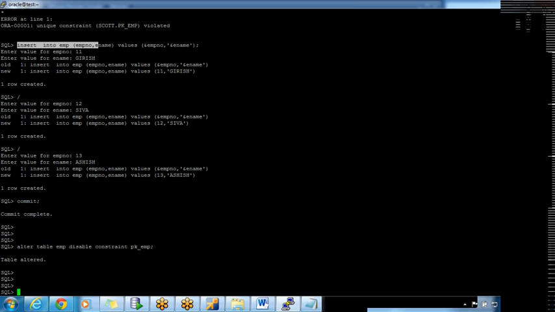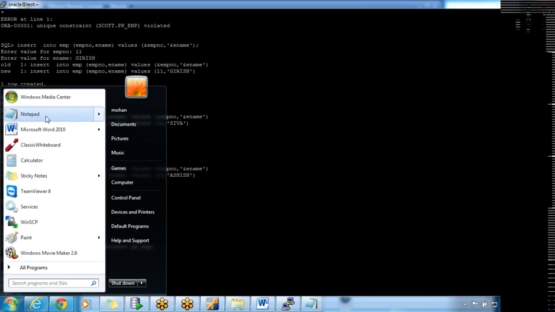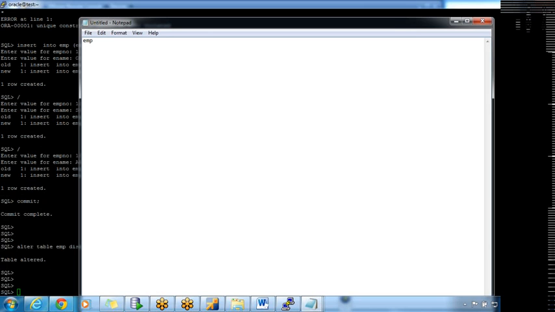This is a way we can insert the values. There is also another way. For example, right now in the EMP table, I have 18 rows. Now into the same table, I want to insert the 18 rows again. To do that, we use insert into table name, select star from another table name. In this case, it's the same table name, but you can also select the values from another table name,